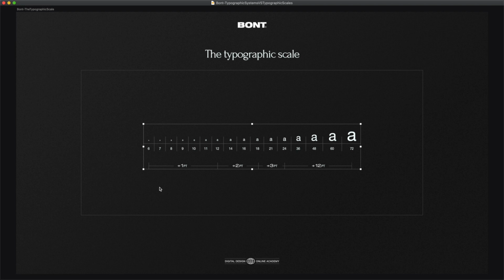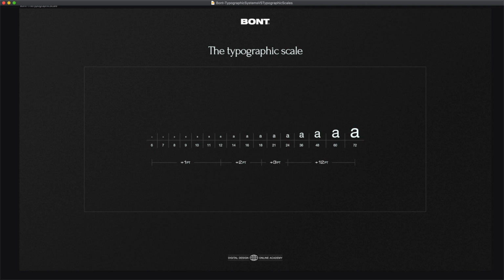Let me show you. Here's a diagram, and you can see how from 6 to 12 we're just adding 1 pixel or 1 point. From 12 to 18 we're adding 2 points. From 18 to 24 we're adding 3 points. From 24 till 72 we're adding 12 points. As you can see, there's a mathematical sequence that creates harmony and rhythm between each size, as opposed to changing sizes randomly. When creating a typographic system, we choose the sizes based on a type scale to ensure there's a rhythm